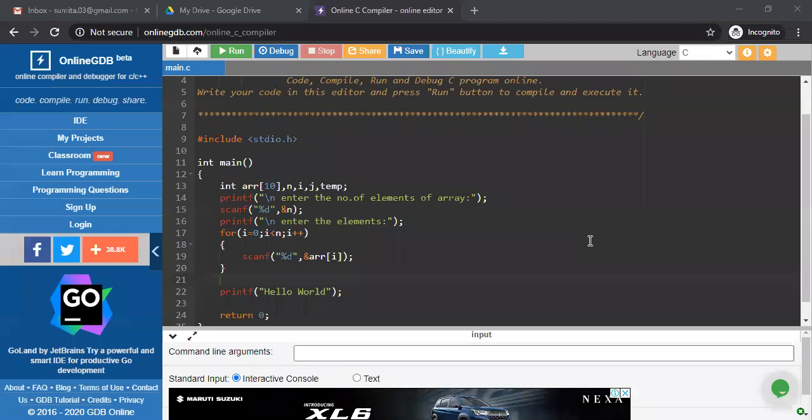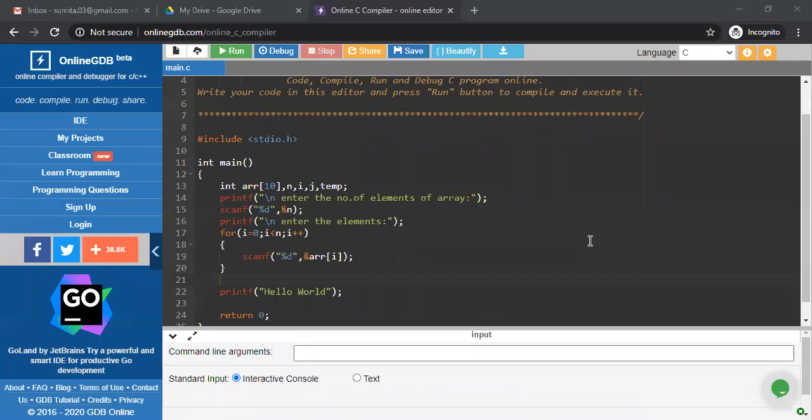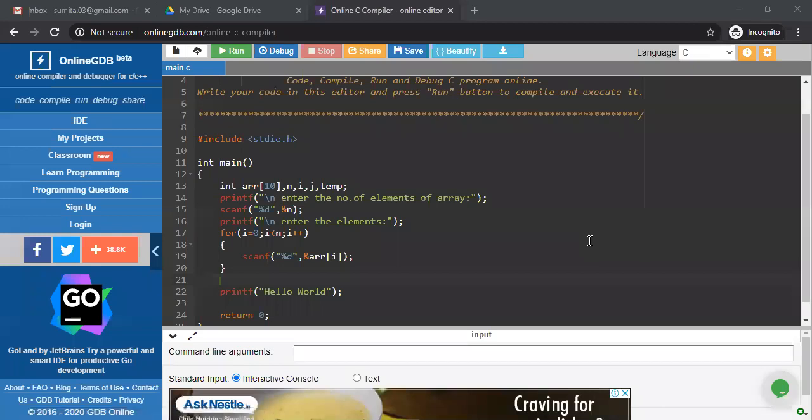According to that logic, our loop structure is i equals 0, i less than n minus 1, i plus plus. So 0 to 6 means 7 times, because the n value is 8.